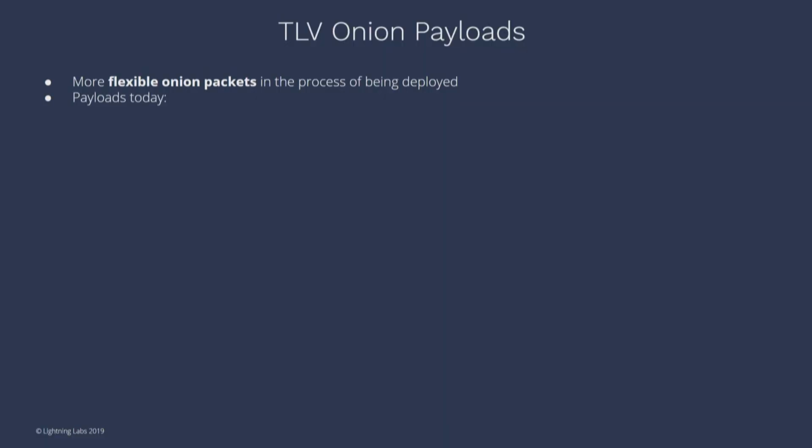So one thing that we call is basically this TLV onion payload thing, right? TLV stands for type length value, and it's basically a way to make the onion packets more flexible, right? So right now, the payloads just have the strict information only required for payment forwarding, right? And this is basically the channel ID. That's kind of like, okay, I get an HTLC in, where am I going to send it out to?